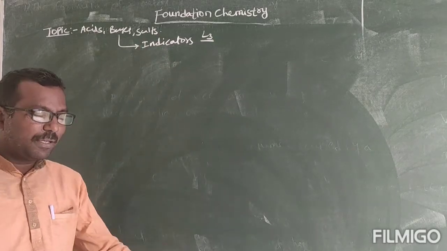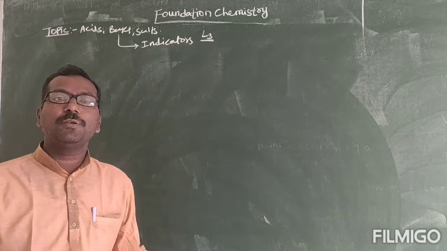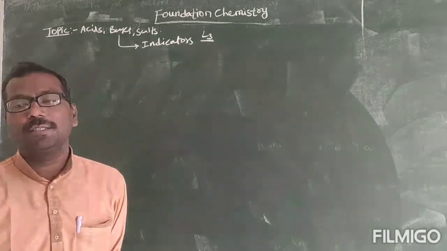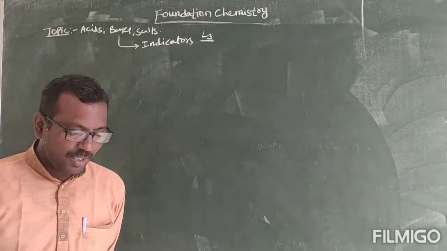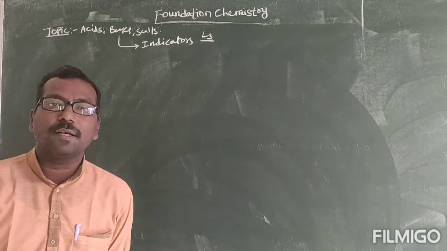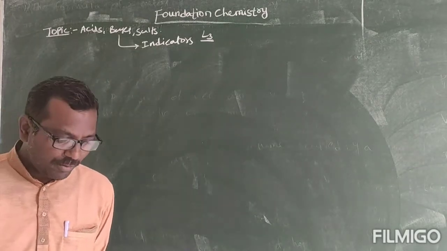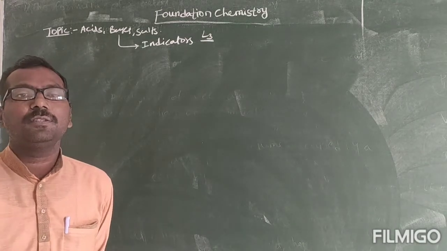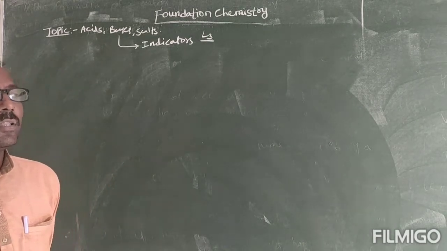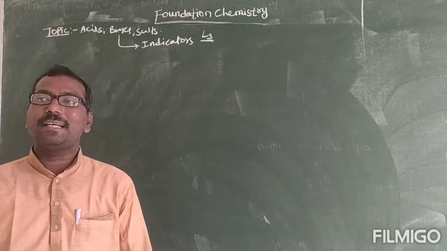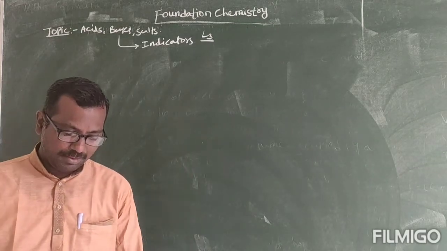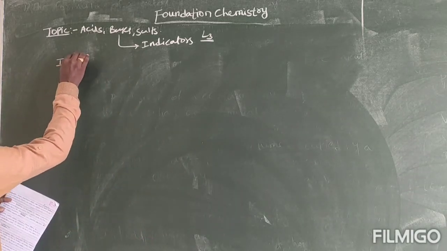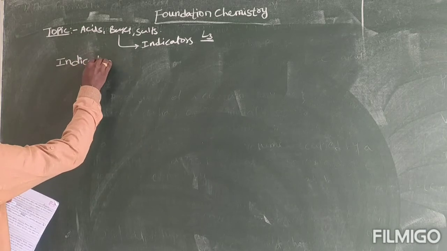Okay. So in the previous videos, I have posted you regarding what is an acid and what are the properties of acids and what is a base and what are the properties of base. And in today's class, we will be discussing about an indicator. So generally, indicators are the substances which are used to test whether the given substance is having acidic character or basic character. Okay. So what are called as indicators?